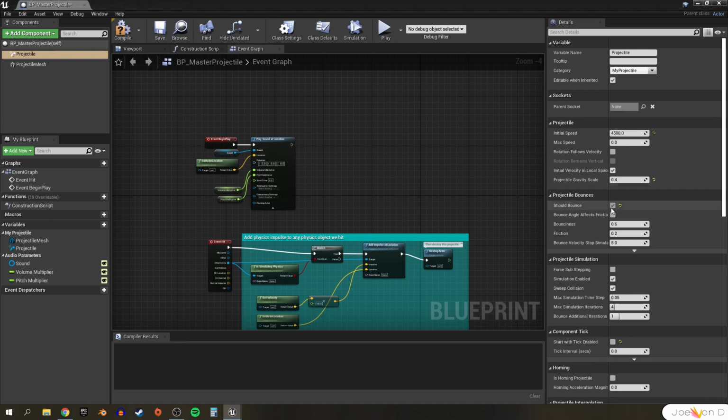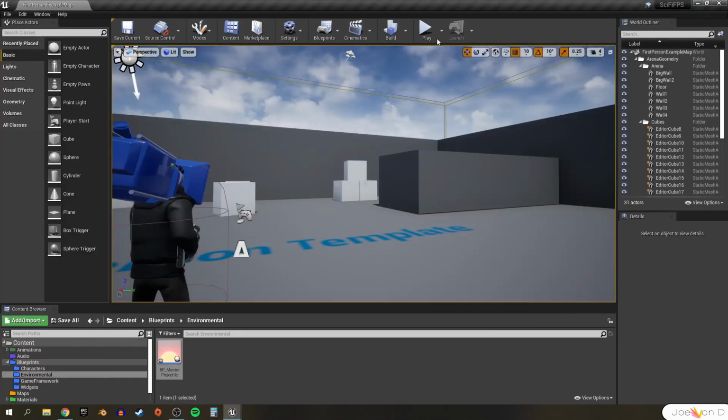Underneath, we have the projectile bounce tab, which determines whether or not our projectile will bounce. Surprisingly, I'm going to leave this setting here, projectile bounce, set to true. We're going to script that projectile to destroy itself whenever it hits anything, but maybe later, when we expand on its scripting, we might want to allow our projectile to be reflected off of armor or something. So this setting should definitely be set to true, otherwise the projectile will just stop its movement completely whenever it hits anything. And that's all we really need to do for our projectile movement component.